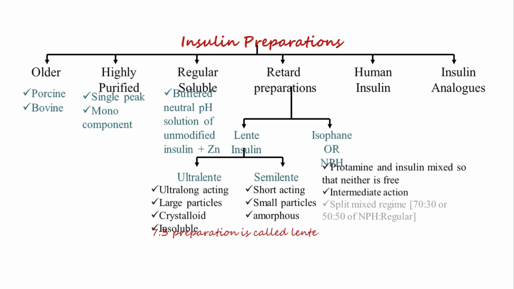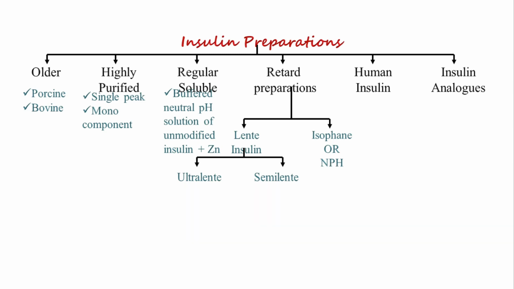So what has been done is a new regime called the split mixed regime has been formulated. 70% of NPH and 30% of regular, or 50-50, gives you an instant as well as intermediate action. This works fine for some people, but still, till retard preparations, we are just trying to play around with